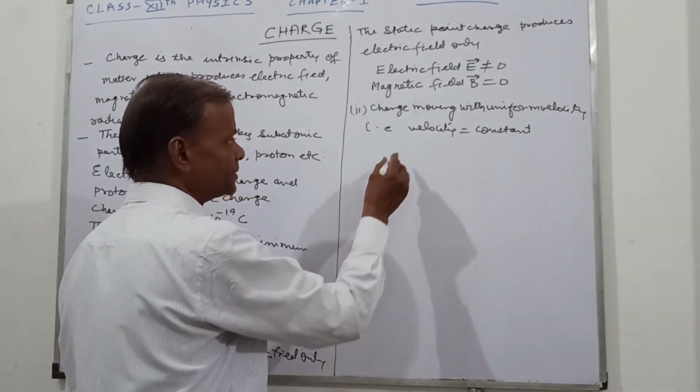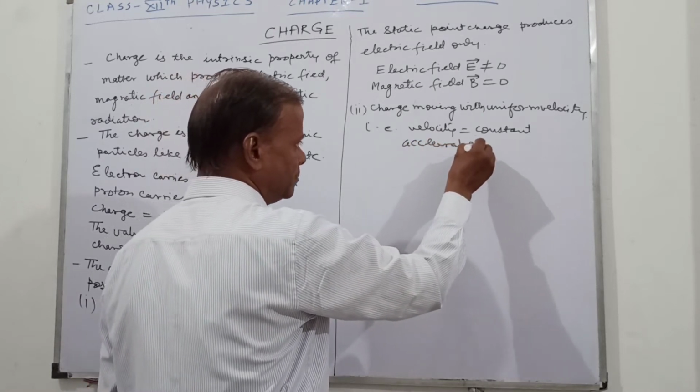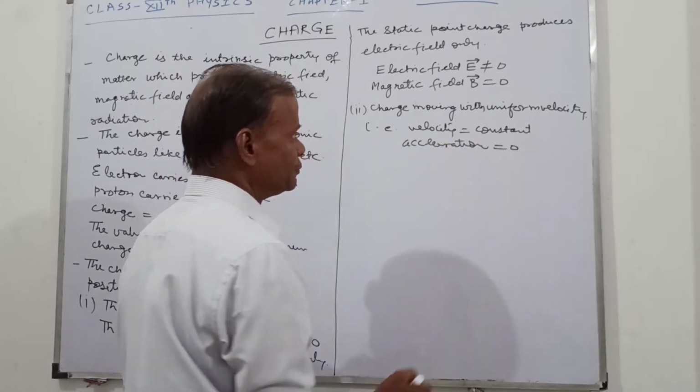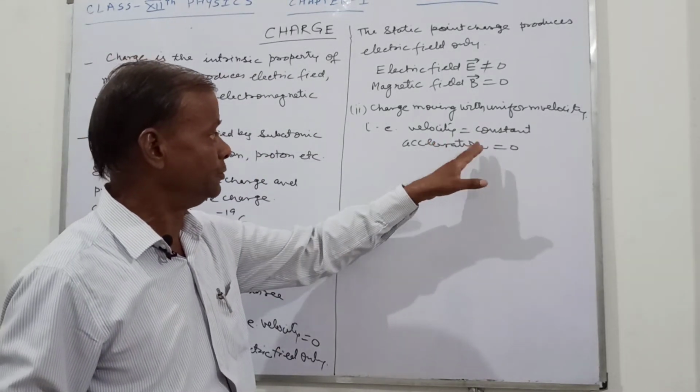Velocity is constant, then acceleration is equal to 0. So when the particle is moving with a uniform velocity,